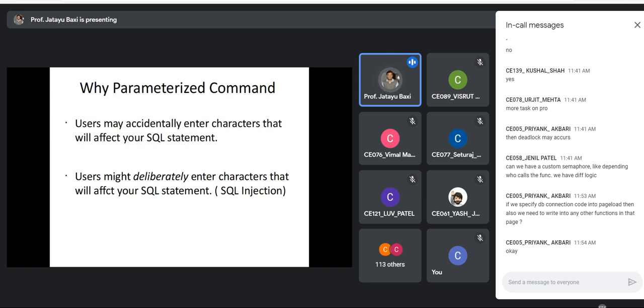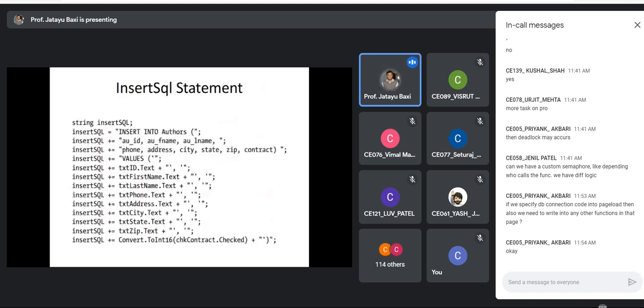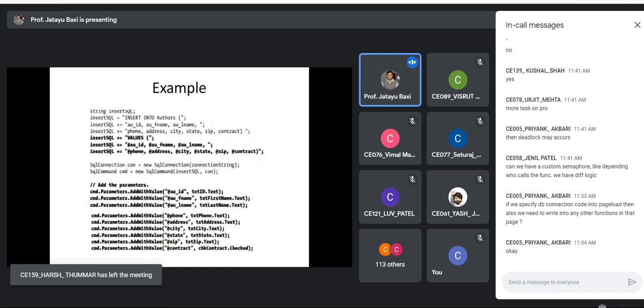That is not good for the security of your database and the application. So that is why you are advised to always use parameterized commands in your query. In the previous example, I have replaced the query with the parameterized command syntax. So see that.